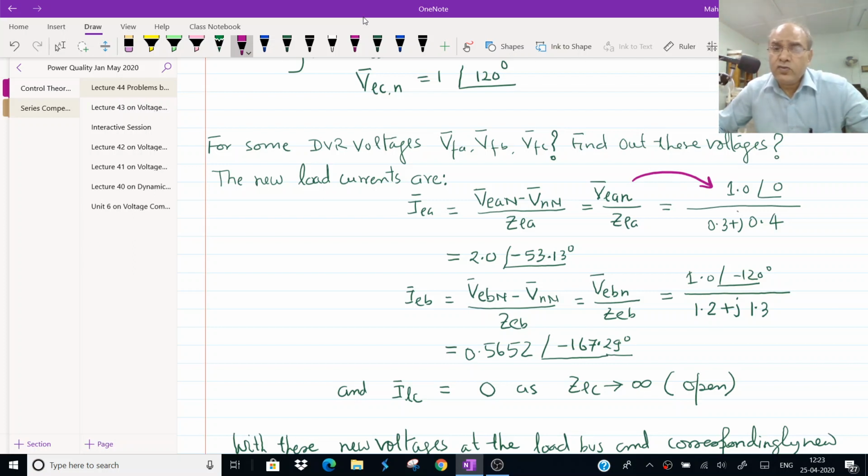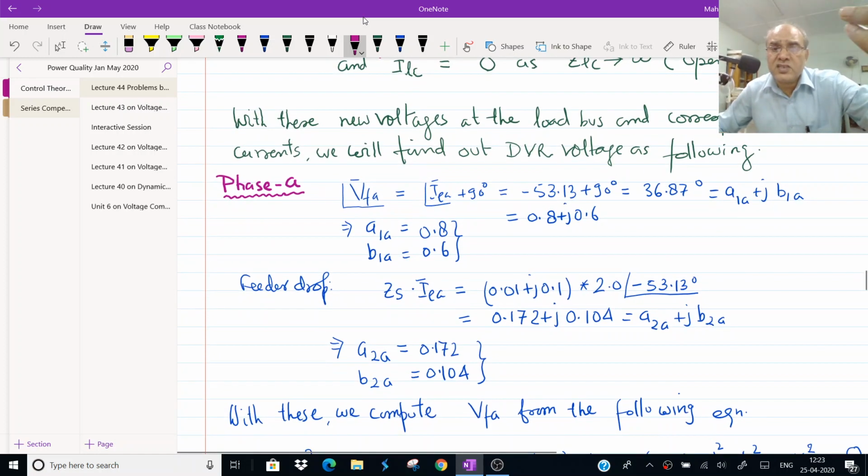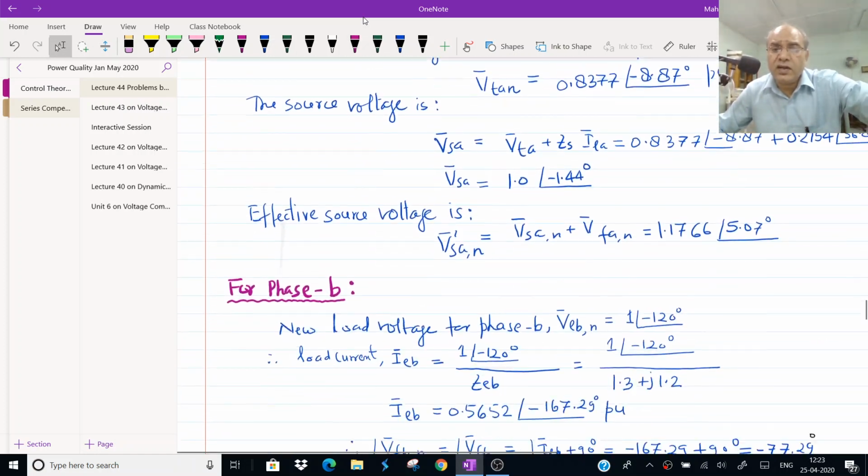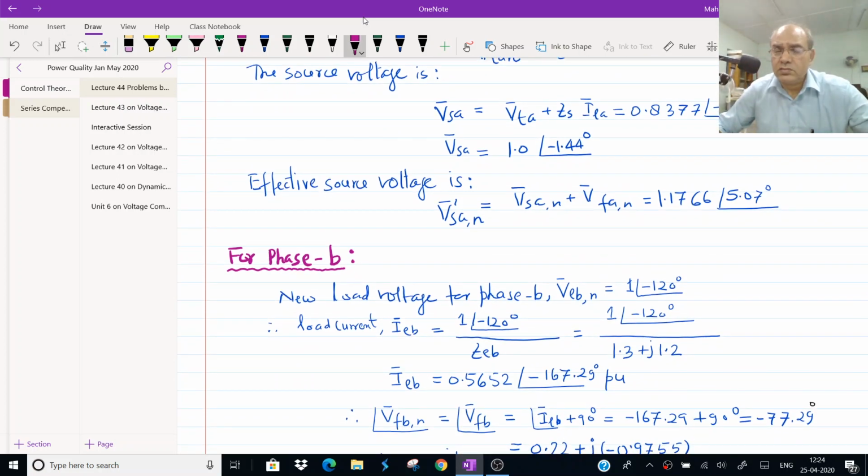Okay. If you say there is a neutral voltage floating, for the time being, I will ignore this. I will say BLAN minus BNN equal to BLAN, and this whole voltage has to be equal to 1.0 per unit, which is BLAN. Okay, and then divided by ZLA. This is same as the previous case. And if you solve this, we will get the same result. Okay, you can verify. The results are similar actually.